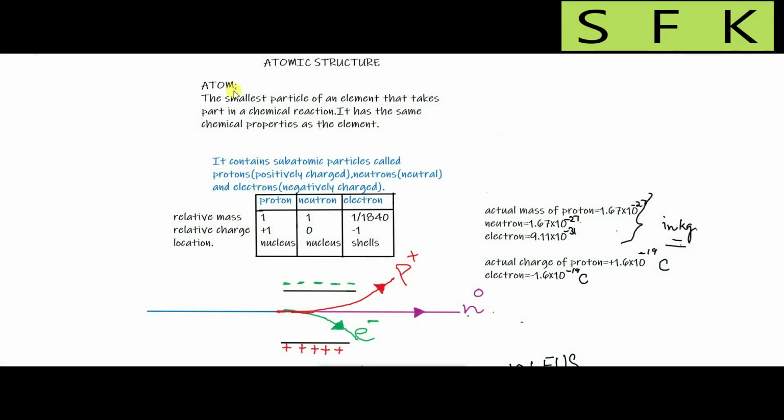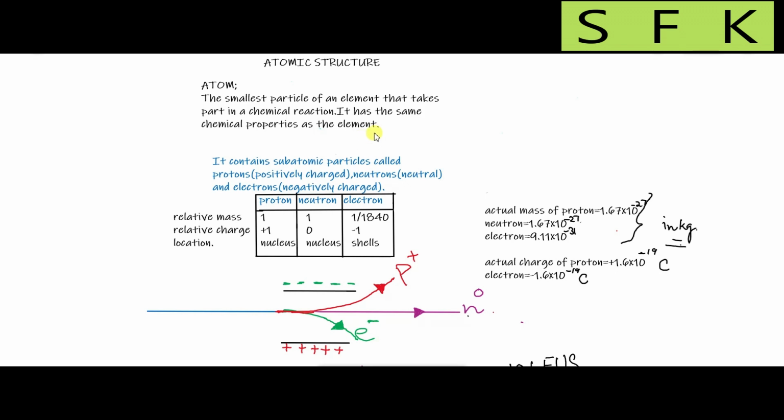Let's define an atom first. An atom is the smallest particle of an element that takes part in a chemical reaction. It has the same chemical properties as the element. So, an element is a pure substance that cannot be broken down into simpler substances by chemical